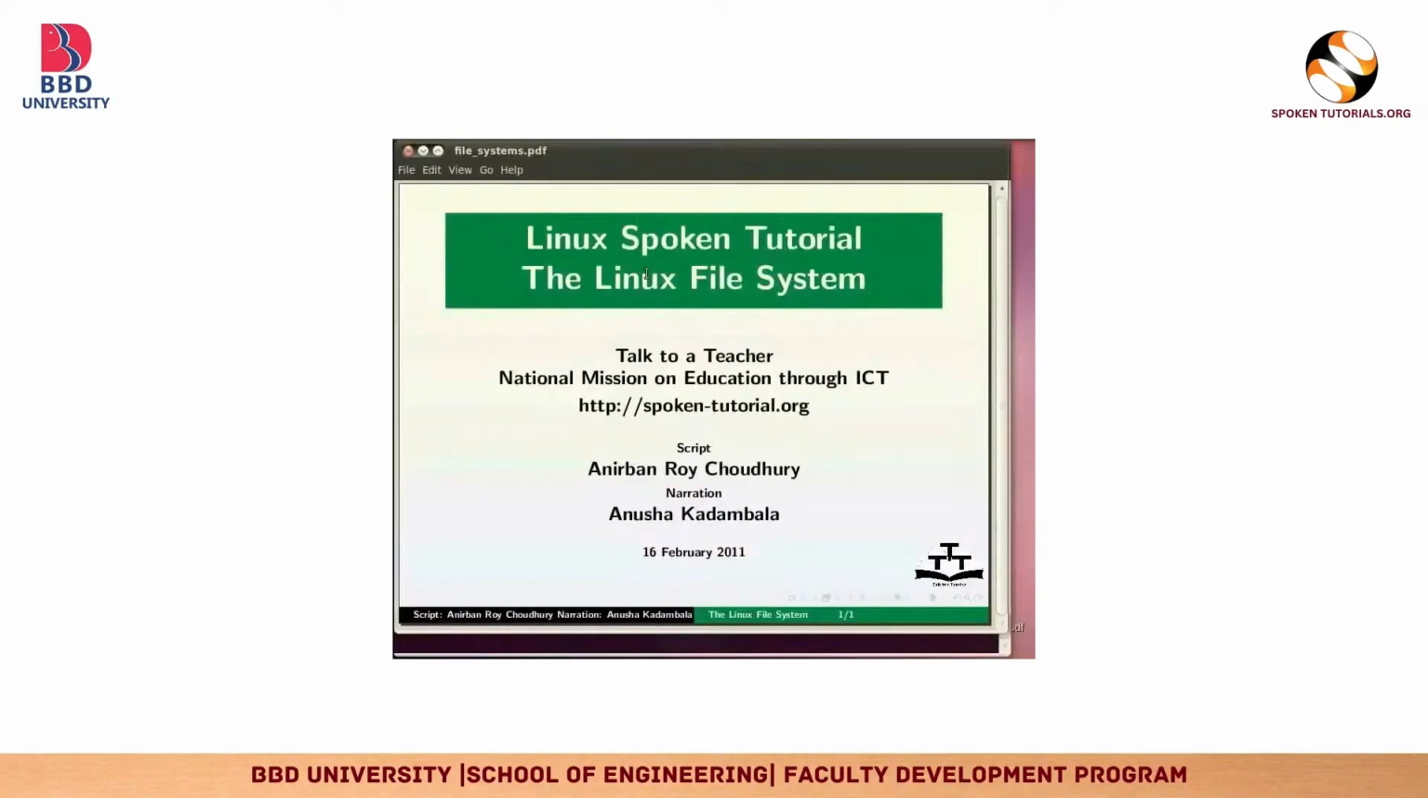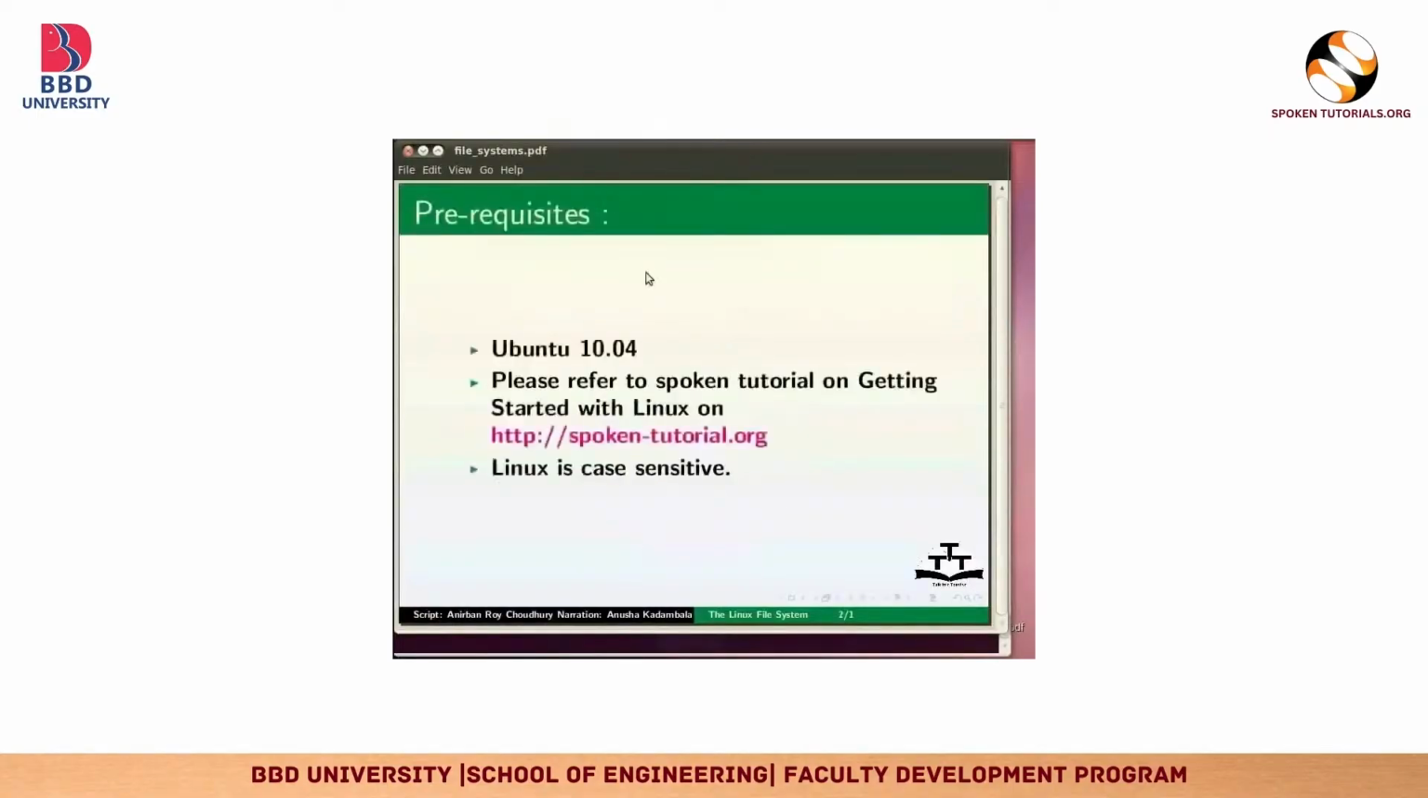Welcome to this spoken tutorial on the Linux file system. I am using Ubuntu 10.04. We assume that you know how to get started with the Linux operating system and have some basic idea about commands. If you are interested, it is available through another spoken tutorial on the following website